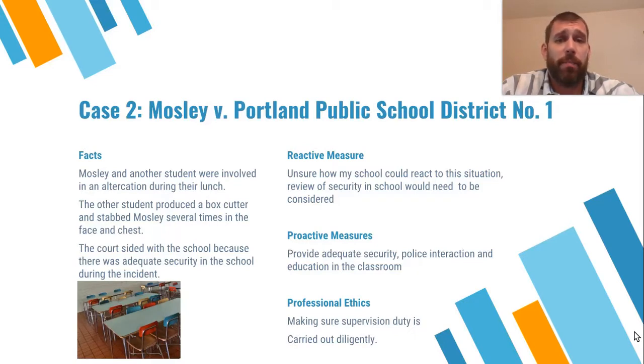Looking at the reactive measures of my district, I'm unsure how they would respond to the situation. I teach in a small district, so security measures we already have in place are less than adequate, in my opinion. With that being said, if this incident did occur, I think administration would need to consider upgrading our security policies in each of our buildings. Right now, our support staff are the ones who cover lunchroom supervision. So I would foresee some kind of training on how to deal with these situations as a must for those supervisors. I think districts could also be proactive in this type of situation by providing security personnel in those school buildings.